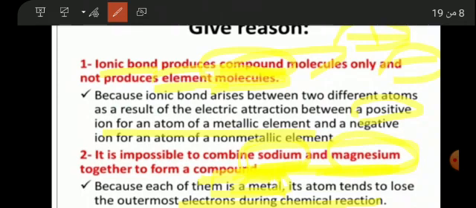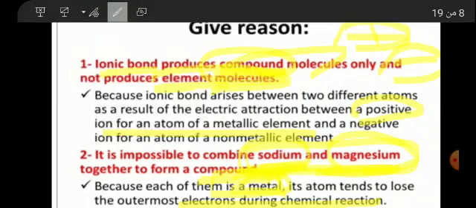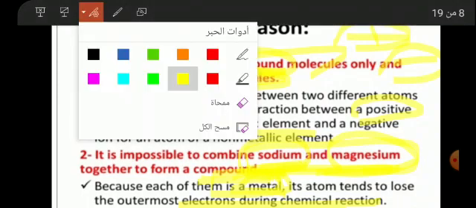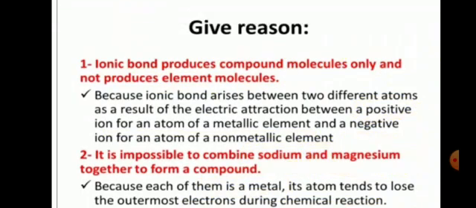The condition for forming an ionic bond is that I must have different atoms, a metal and a non-metal. But sodium and magnesium are metals, the same kind. So we can't form a compound of sodium and magnesium. Okay,